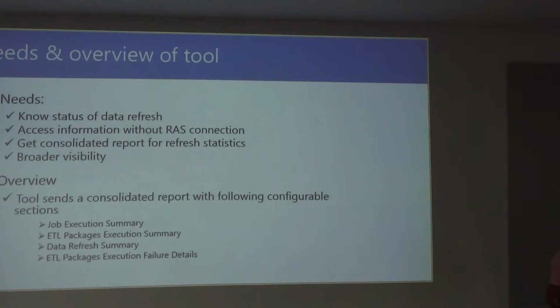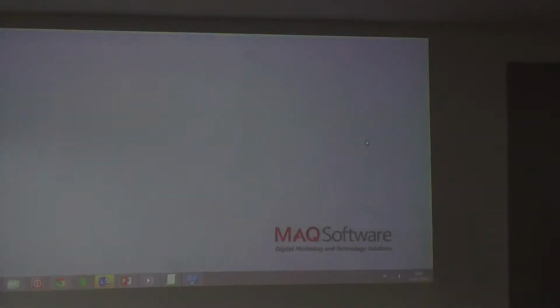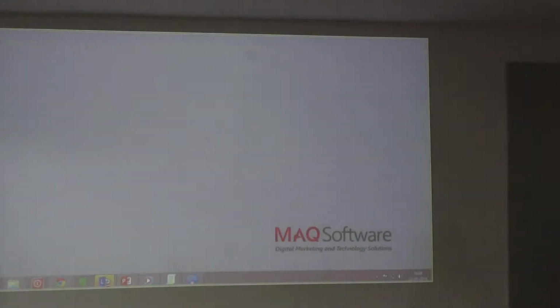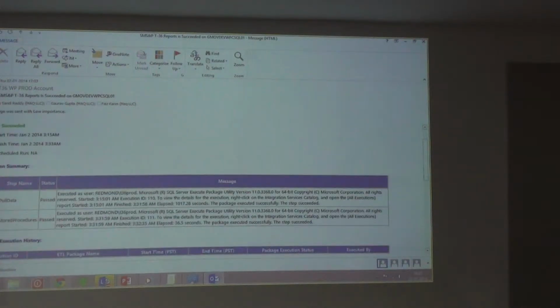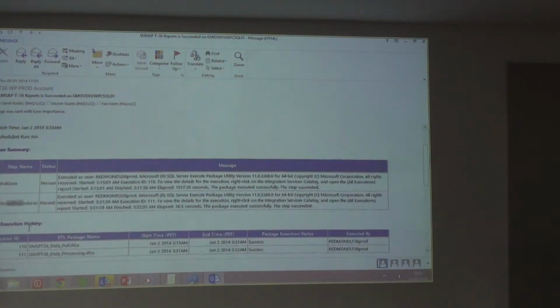Use this. At the end of this PPT, you will be able to configure this kind of email. This is a sample email configured for the T36 project. First is the job summary. The second section is the job execution summary, where we have covered whatever steps were executed in the job.